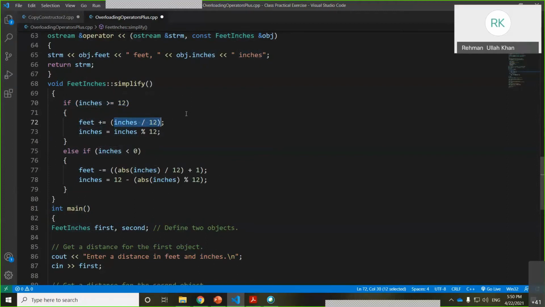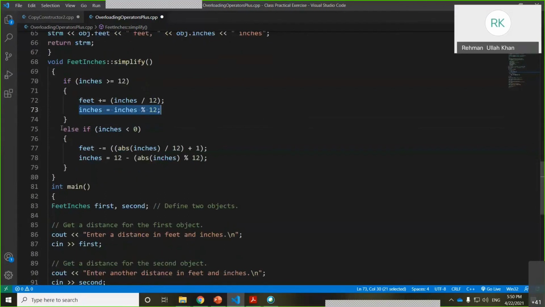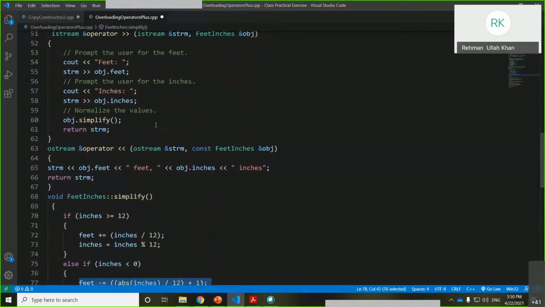Whatever you get, whatever the quotient is, add that to feet, and the inches will become the remainder. I hope you understand this. Else, if inches are less than zero, meaning it is a negative value, then again adjust in a reverse way. So this is a simplify function, don't worry about this.